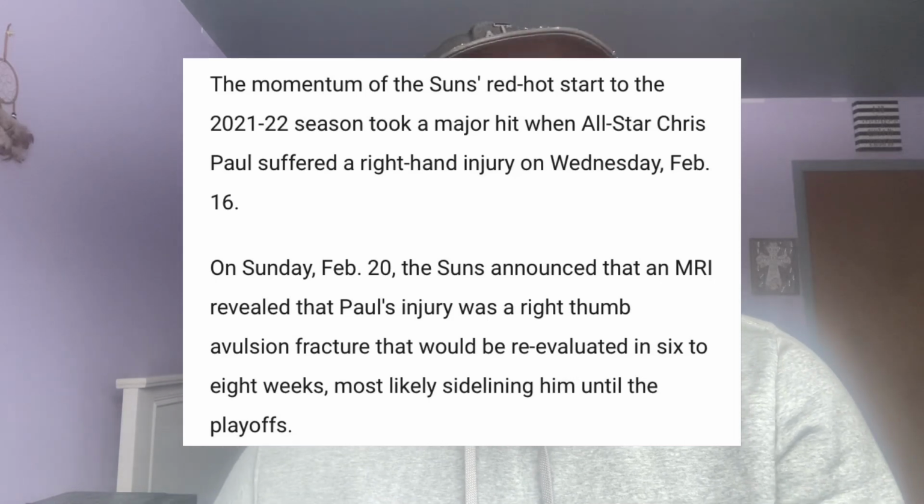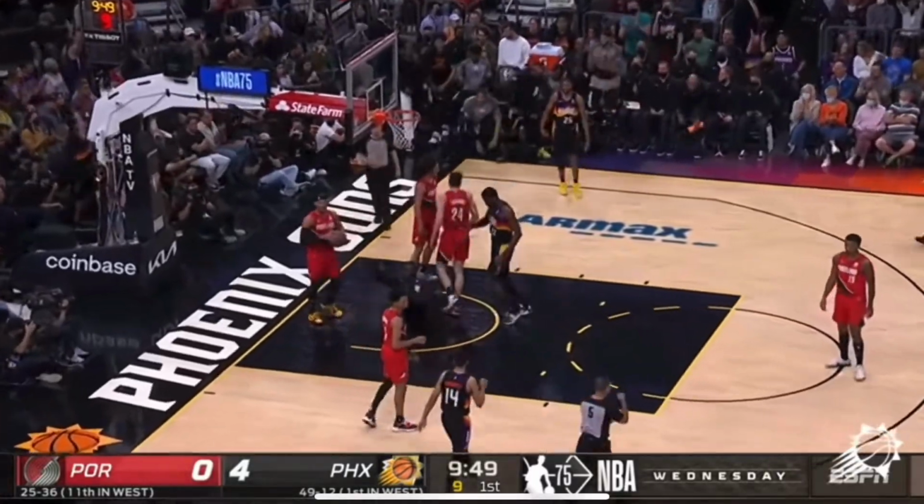And then on top of that, coming off the All-Star break, I think it was a game or two, Devin Booker was put into health and safety protocols, and he had to miss about a week of basketball. And watching the Suns during that stretch without their two best players, it made me realize two things about this team: that they're very well coached and they play mistake-free basketball, and they're one of the deepest teams in the